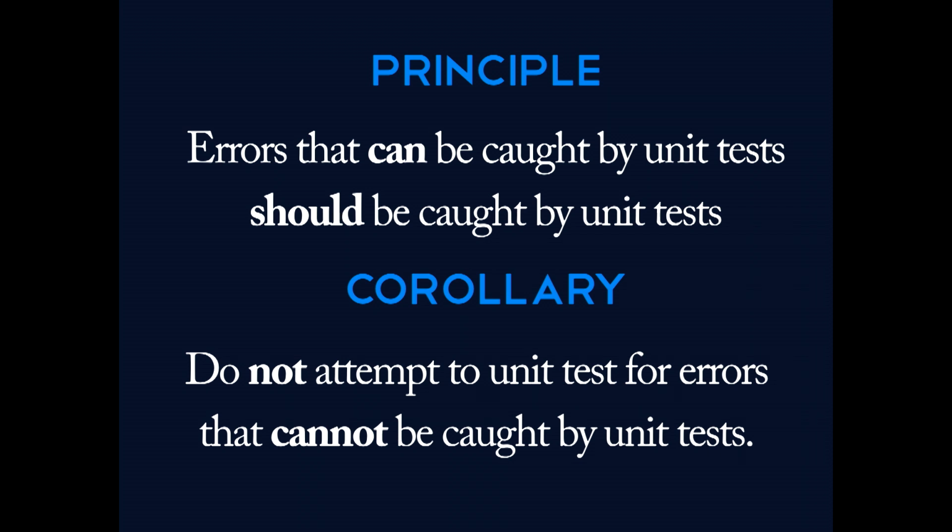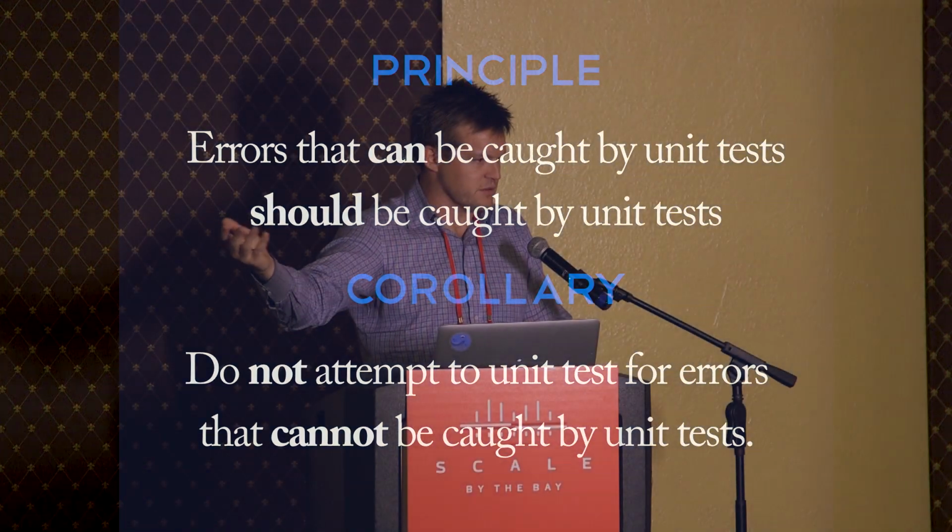You don't have control of your inputs typically, you're just getting it from somewhere. Your business logic is typically encoded in centralized services that are impossible to mock locally, right? Like Spark, you can't mock. That would be an entire company to mock Spark. You don't want to do that. But there are tons of stuff in these systems that can be caught by unit tests, and they should be caught by unit tests, right? DAG structures, configuration parsing. There's some business logic which can. It's just a question of how to restructure your code.